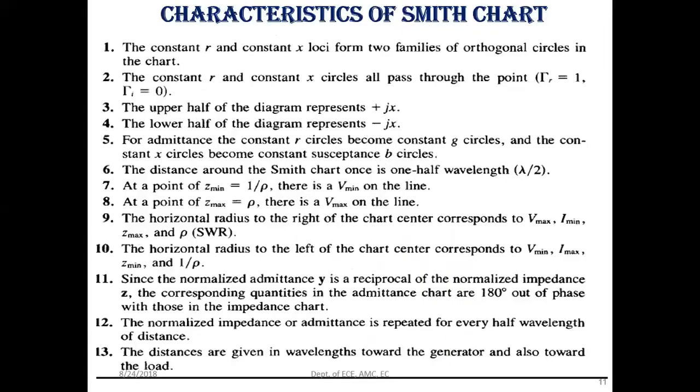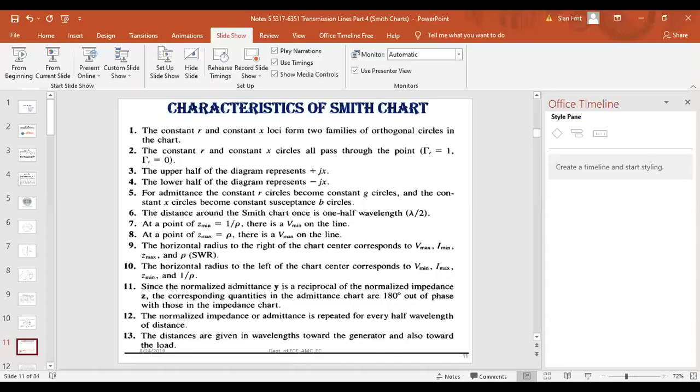Now I have to tell you certain characteristics of the Smith chart. Before going into the characteristics, there is a derivation for the Smith chart values which you can plot on the Smith chart. Before that, you can just write down how you actually normalize the impedance given in the Smith chart. Before going into normalization, you have to find that circle which is called the unity circle. For the unity circle, you will have to derive an equation. Starting with that, I have to tell you what normalization actually is.